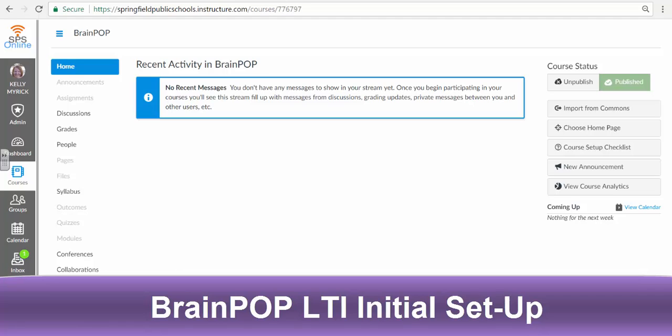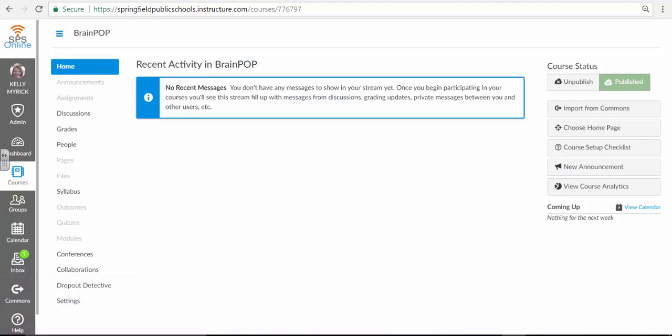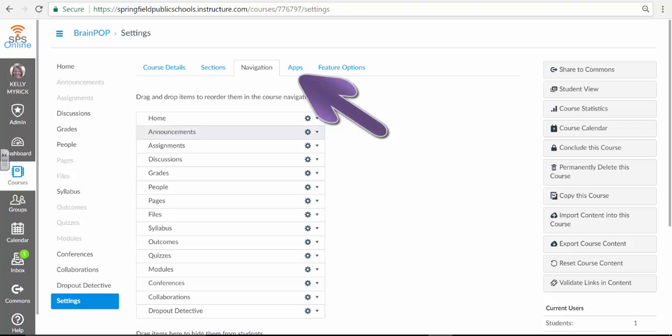This video is going to show you how to install the BrainPOP LTI into Canvas to easily embed BrainPOP videos and activities into assignments and into modules. So you install the BrainPOP LTI by going to the App Center. To access the App Center, go to Settings in the bottom of the course navigation bar. Click on the Apps tab along the top